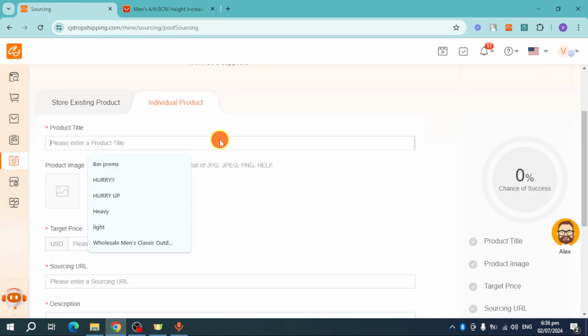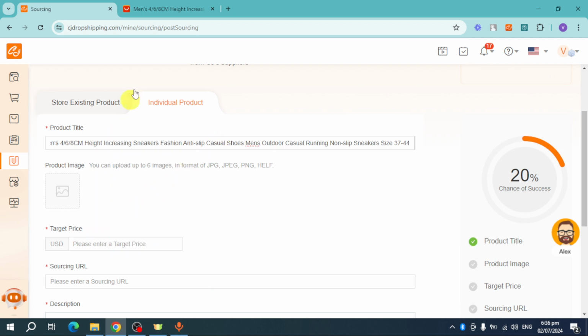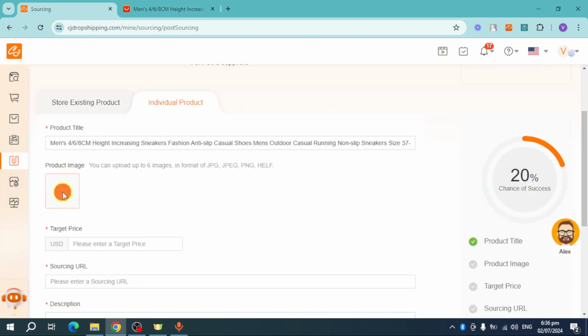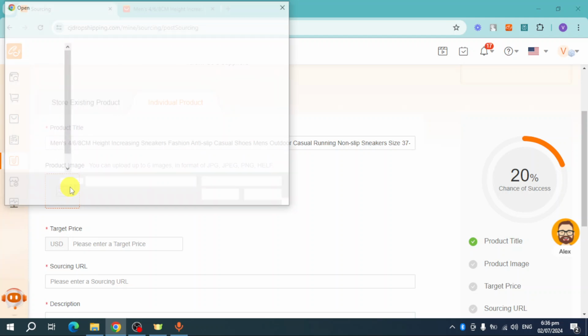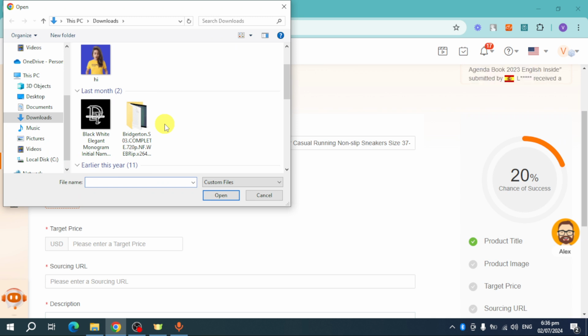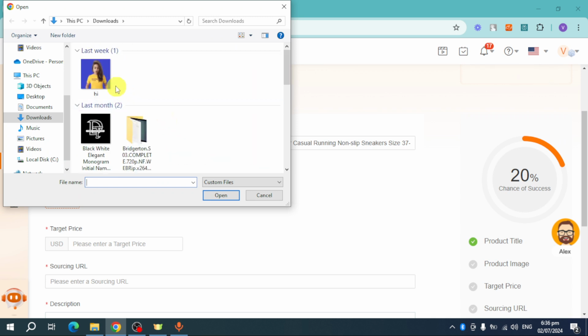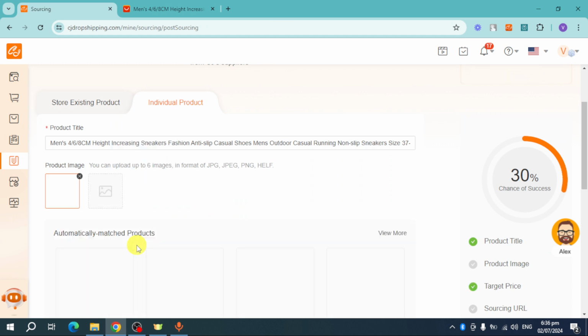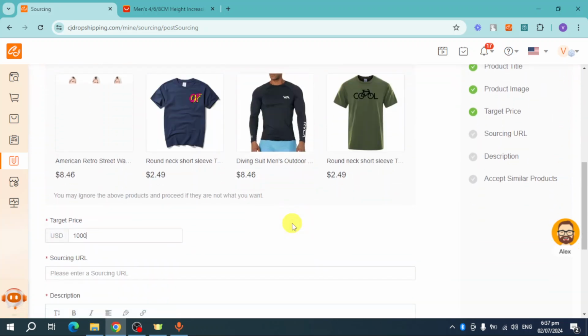Now head over and then add in here the product title as well as a product image. For that, you have in here this image. Now you can head over and download that and then put in here a product image, but you can also use another image that you have from there as well. So for example, let's head over and then put in here an image and then put in here a target price. For example, for me, I'll head over and put in here 1,000,